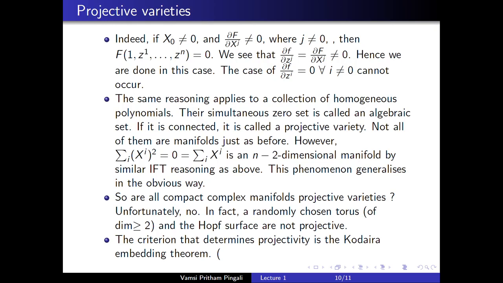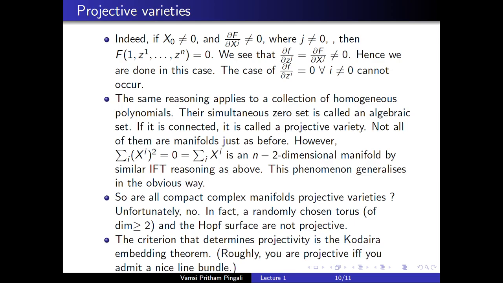Anyway, coming back to the first question, which compact complex manifolds can be embedded in projective space? There's an if and only if criterion, the Kodaira embedding theorem, that tells you when this can be done. It's not trivial to check, but it's not very hard to check either. But it's not easy to prove, by the way. Even stating the Kodaira embedding theorem would require me to introduce more language. Very roughly,